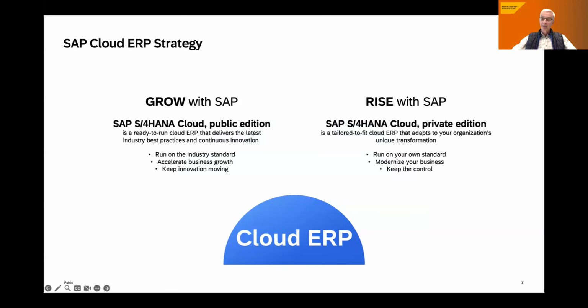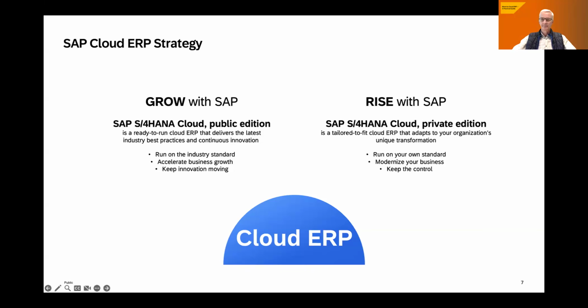For our installed base customers coming from ECC, the standard path is S/4HANA Cloud Private Edition, because this cloud model gives you the liberties and options to run the business the way you want to run it, and adapt it to your business needs.